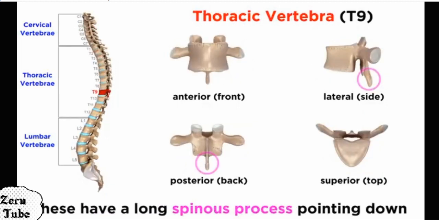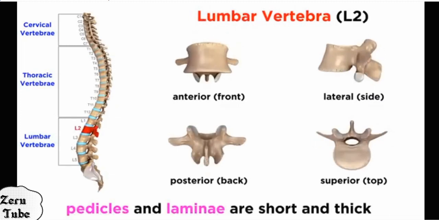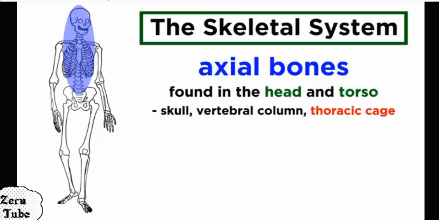Arterioች ለማለፍ የሚያገለግሉ ናቸው. Then the thoracic vertebrae. The thoracic vertebrae have a long spinal process pointing downward. And the thoracic vertebrae also have the demifacet, which contains the rib. Rib መጥቶ አታች የሚያደርግበት demifacet ምንለው አሉት. When we see the lumbar vertebrae, they have a pedicle and lamina, which are short and thick. የሉምባር vertebrae ላይ የሚገኙ ፔዲክል እና ላሚኒዎች ምንድናቸው? ሾርት እና ቲክ ናቸው። ስለዚህ ሉምባር vertebrae፣ cervical፣ thoracic vertebraeዎችን እያንዳንዳቸው የምንለየው በሚኖራቸው spinal process ፔዲክል እና demifacet size ነው ማለት ነው።